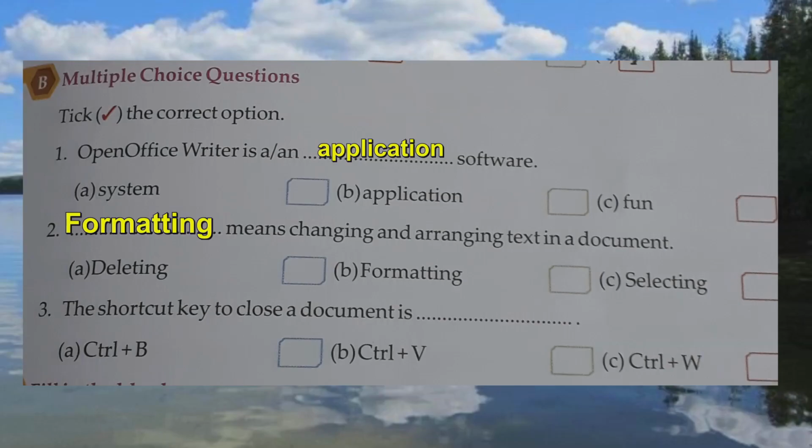Formatting means changing and arranging text in a document. Third multiple choice question. The shortcut key to close document is option C, Ctrl plus W.